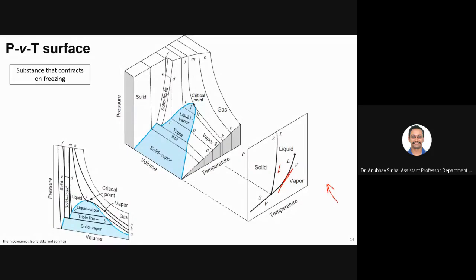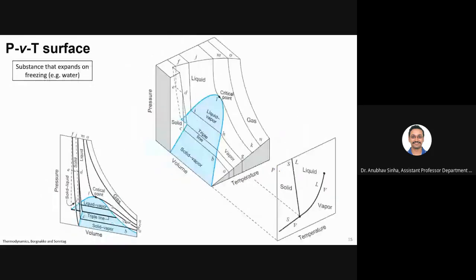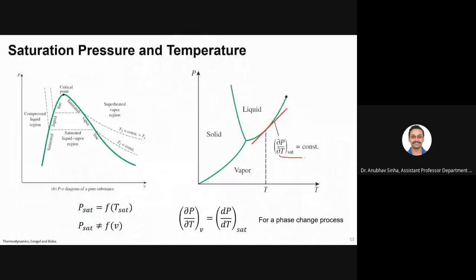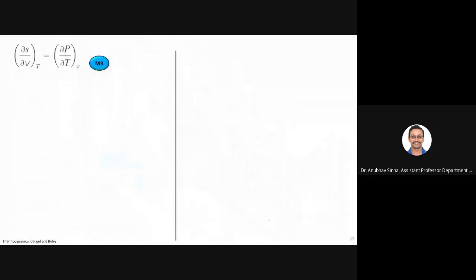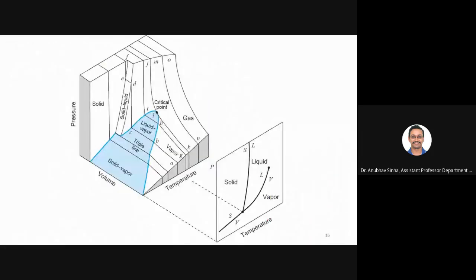Okay, so you can look at different substances which contract on freezing or expand on freezing. In all the cases you will see that this slope does not depend on volume. This is what we have discussed here. Based on that, this is a closer view. This is what we are talking about, right? This slope. This should be a tangent, though it is not drawn very carefully. So this is a tangent, or you just get the slope of that curve.